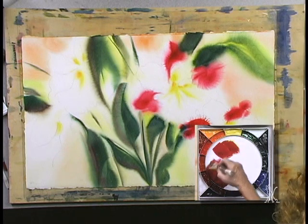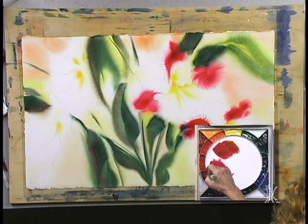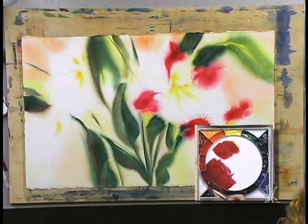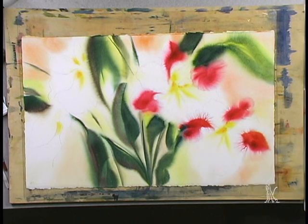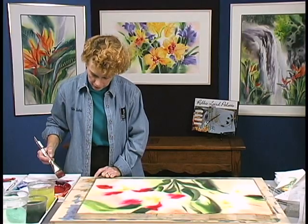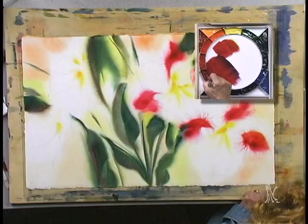Now I'm going to go back with that same color, quinacridone rose, but I'm going to dip a corner of the brush into the dioxazine purple. Now that's one of the strongest pigments, so it doesn't take very much of it. Now I can feel that the brush feels dry. Yes, I can feel that there's not quite enough, so I'm going to put more pigment,